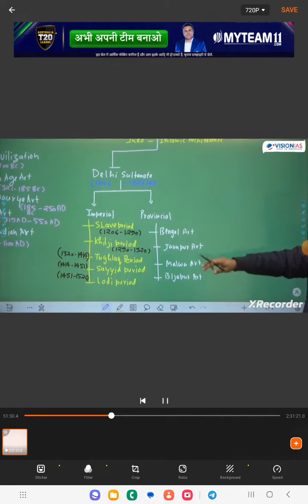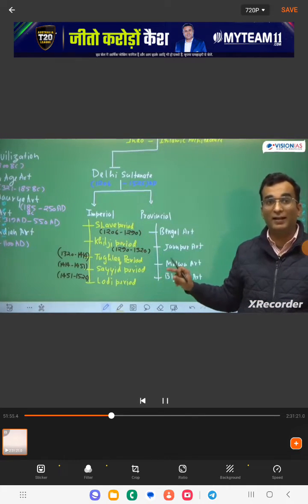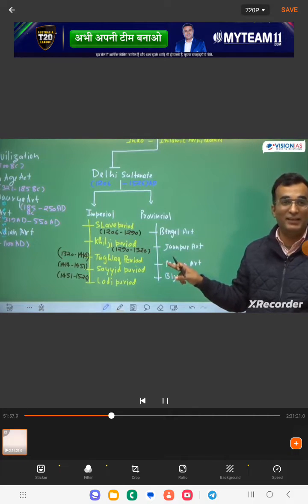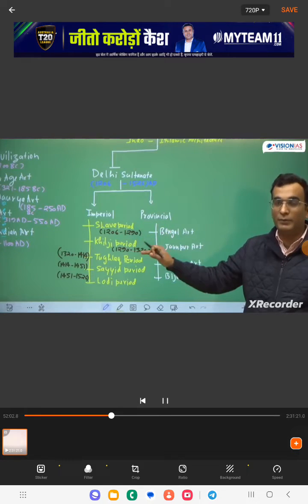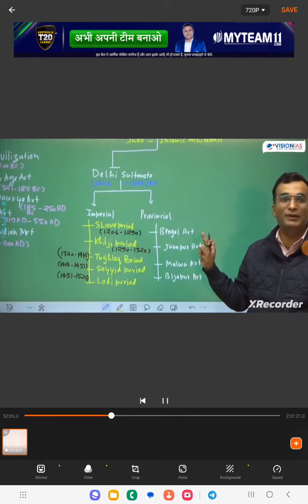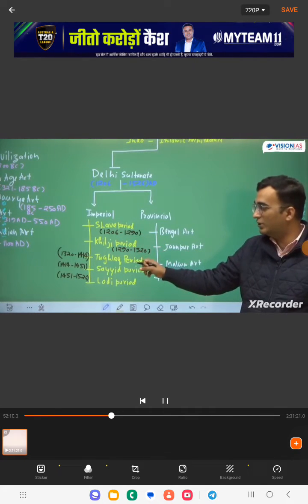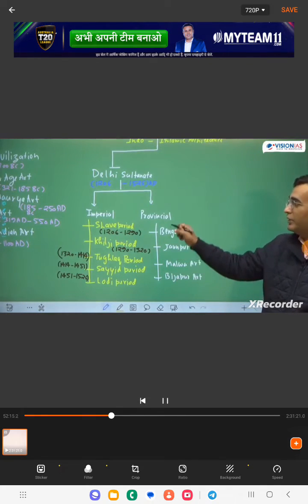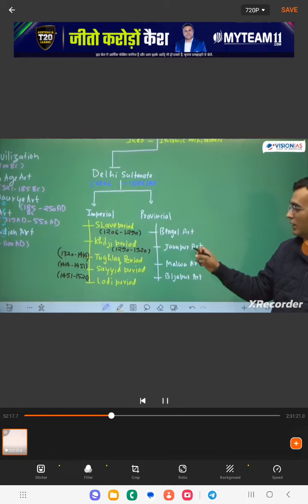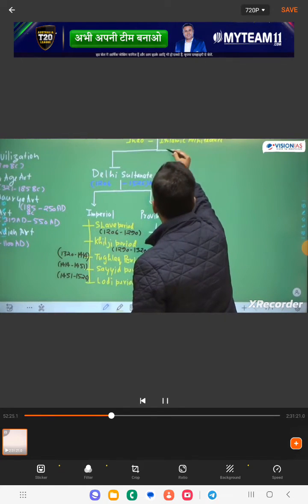So this is one such part. Please do mention. So this is what is there during the Delhi Sultanate period, which dynasties, and in fact this is the way we will be proceeding into this topic. So the contribution of the slave dynasty, Khilji dynasty towards architecture, Tughlaq and Sayyid and the Lodhi, and the same way we will move into the provincial architecture. So the Bengal art, Jaunpur art, Malwa art, Bijapur art, that's it. So let's come to the next phase of the architecture.